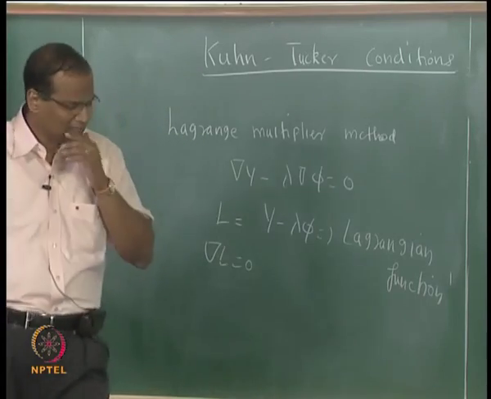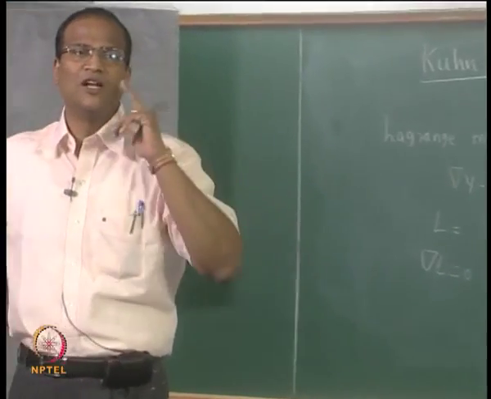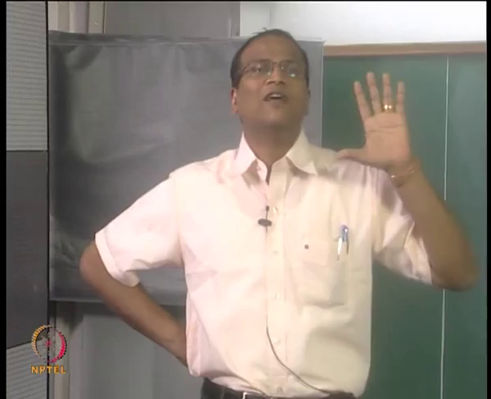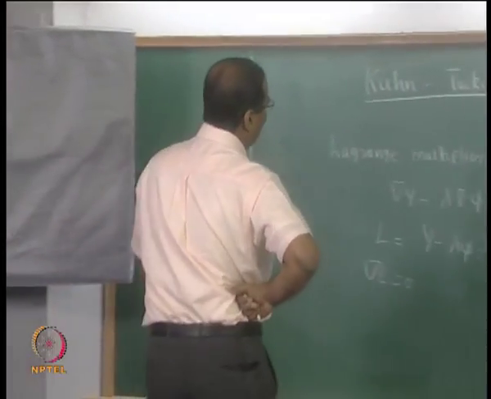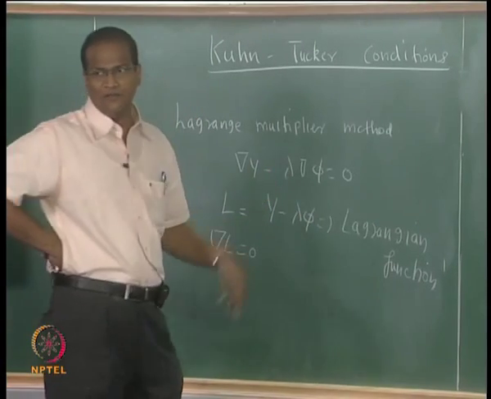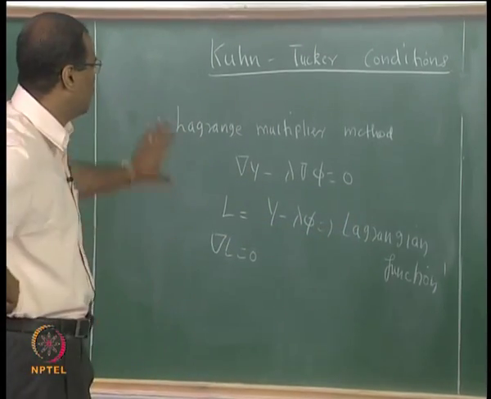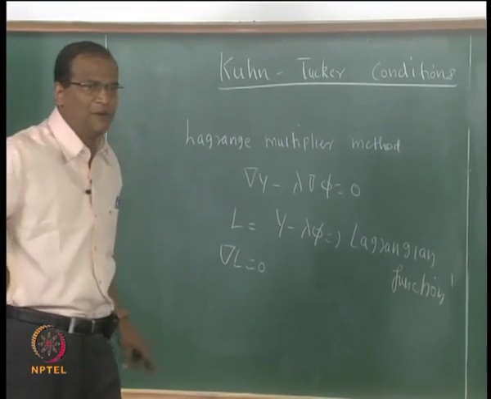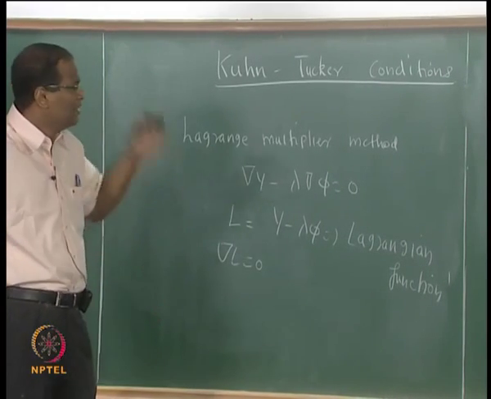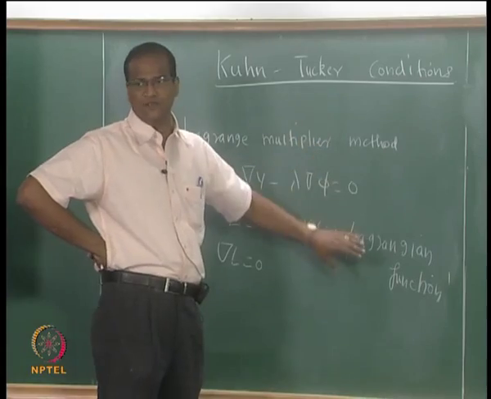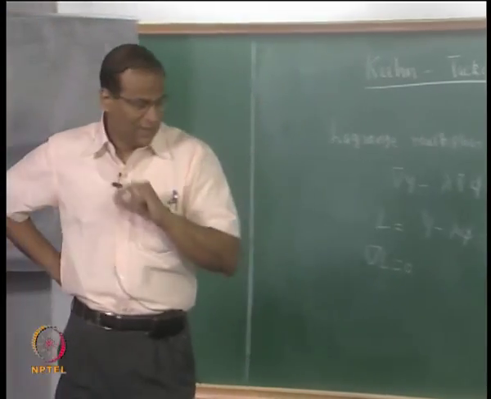Yet another concept is we are actually trying to solve for the Lagrangian function, where the Lagrangian function is basically y minus lambda phi. This is one way of looking at it. Operations research people will look at it this way. If you look at any OR book, when they talk about Lagrangian multiplier, they will introduce the Lagrangian function or Lagrange function first, okay.